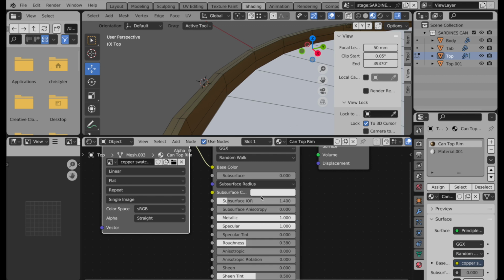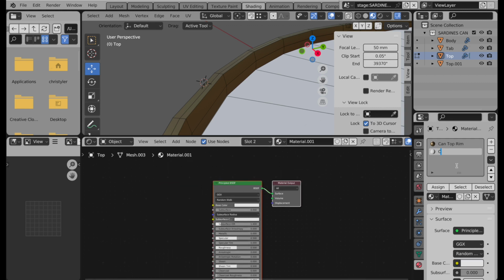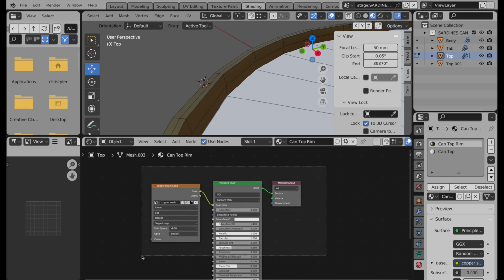Let's go ahead and take this, because this is going to be a good starting point for the other material. Let's name this just can top. And the stacking order doesn't matter. It's just an assignment of polygons. That's all it's doing. So come back to can rim, and I'm going to marquee around those 3 nodes,